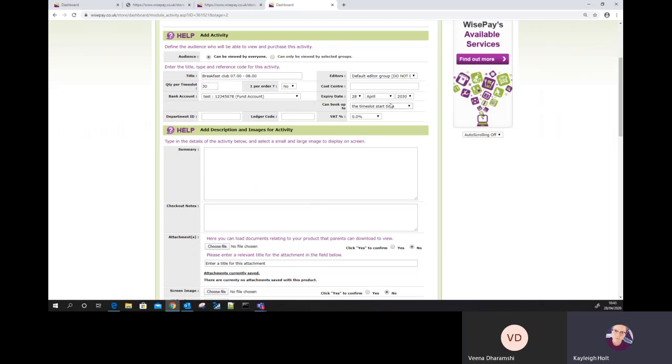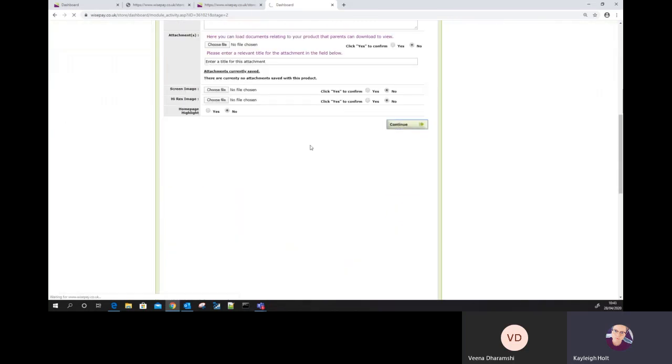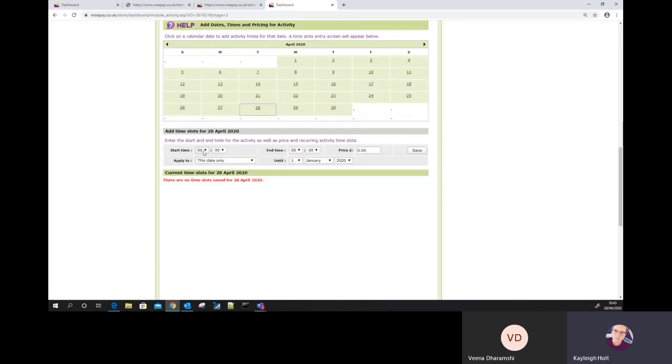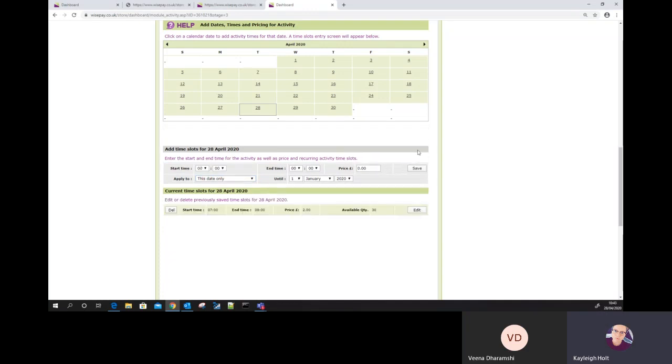So just as an example, if I scroll down and select continue, what we're going to do is add a breakfast club. If we select April as an example, and I'll just show you for the next 3 days. If I select the 28th, and we're going to select 7 until 8 o'clock, and we're going to add that for £2. Now we're going to add that for this date only. So this date only, so we can leave that until January 2020, because that's not actually applicable. If I save that option,